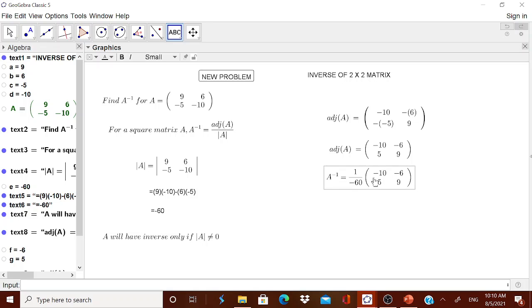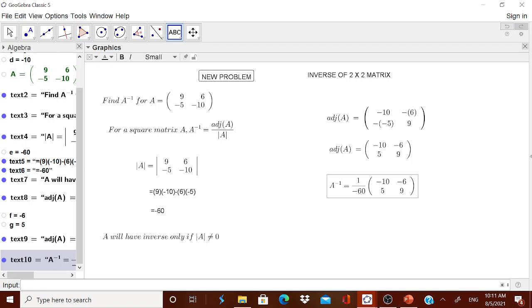Okay, well, now A inverse. Now you see, automatically the child will understand how they got the A inverse, adjoint A divided by determinant A. Now, if you can bring that minus 62 inside, that is left to you. If you want, you can directly get the A inverse from GeoGebra also, because already I am having that A. A inverse, A power minus 1.